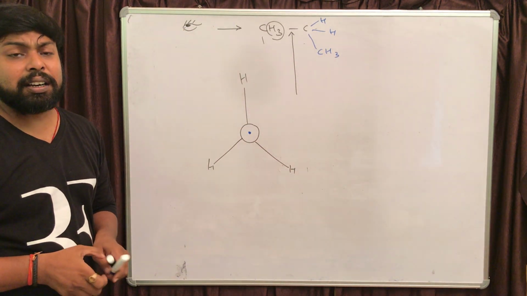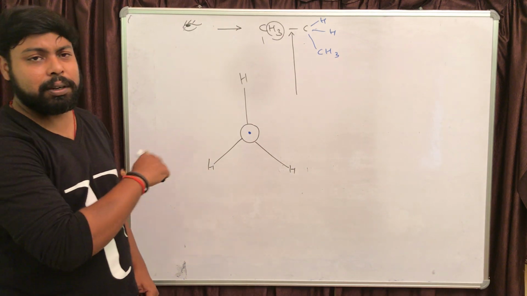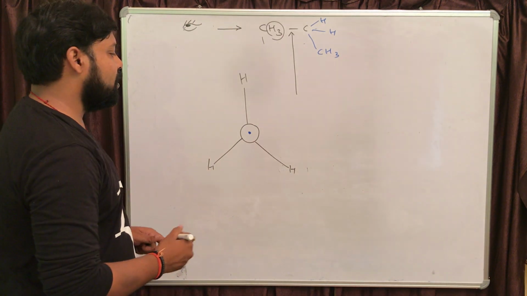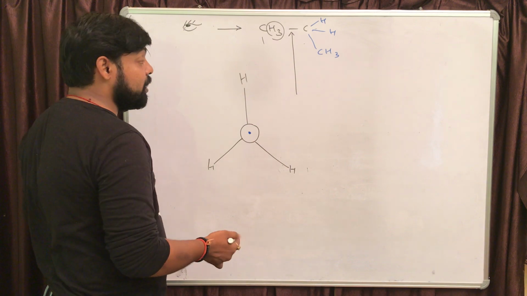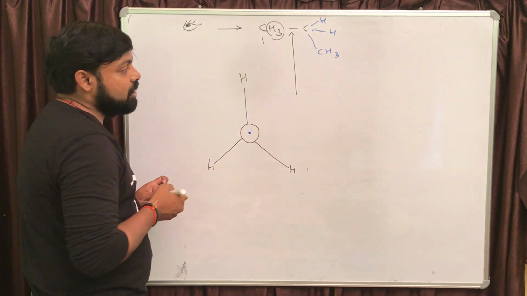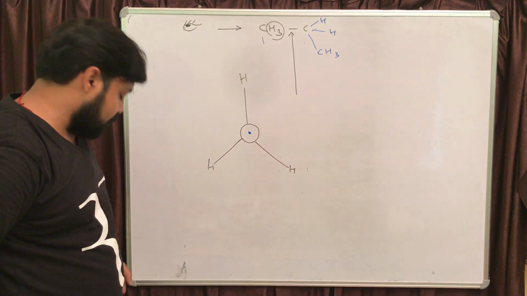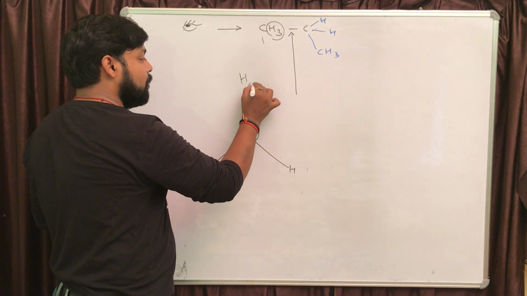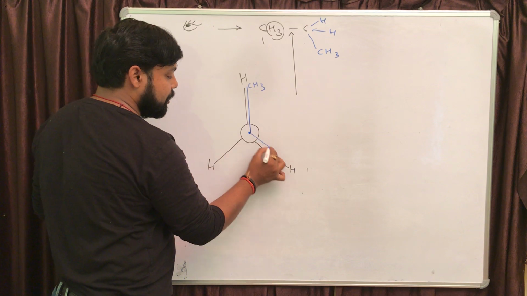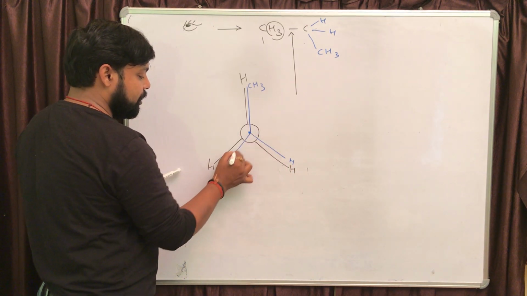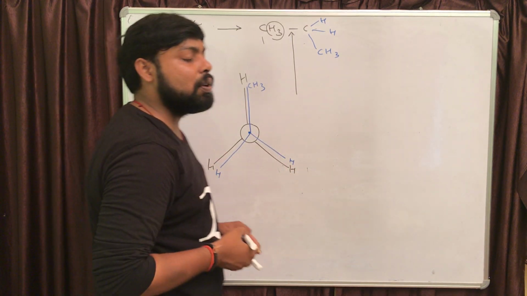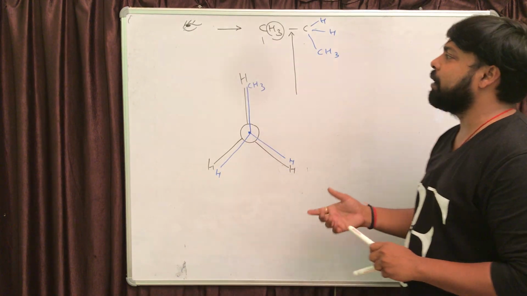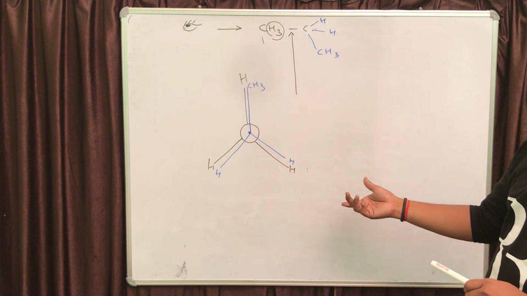So starting with the eclipsed condition, very similar to the previous case. If we are starting with the eclipsed condition, second carbon atom is having 2 hydrogen and 1 CH3. So eclipsing will be hydrogen on CH3, next it is hydrogen and hydrogen, next here it is hydrogen and hydrogen. This will be the eclipsed form of propane, right?